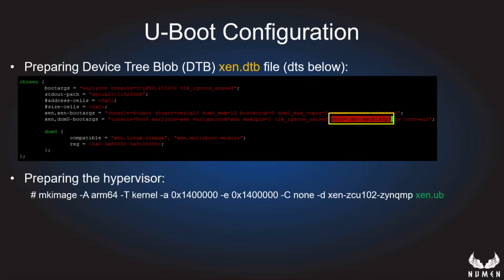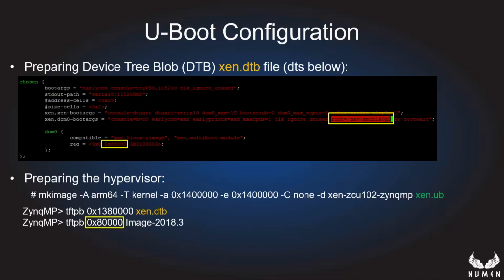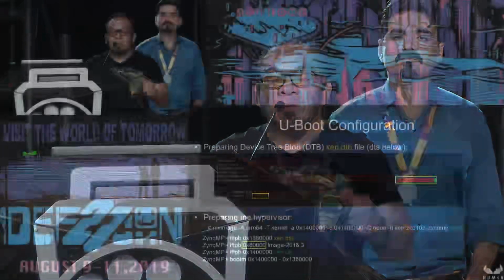Then the second thing is our Xen hypervisor. We convert it into U-boot format with that command line, and then you start booting up the system. These are the typical U-boot commands. First, load the Xen DTB, which is the device tree blob, in a specific location. Then load the Linux kernel. For that Linux kernel, you see the 80000 address. That must be exactly the same address that you have in the DTB. Otherwise, when it is booting up, it's not going to find the Linux kernel address, and therefore it's not going to boot. And then you load the Xen hypervisor, and finally you run bootm,